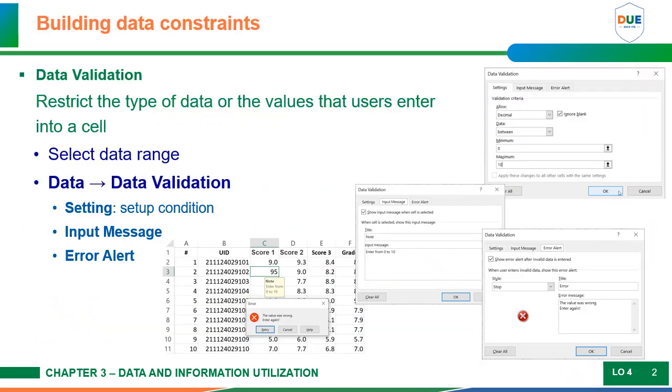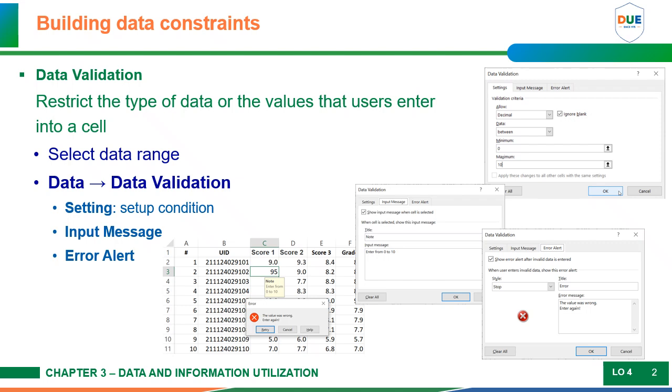In this section, we will explore a very useful feature in Excel called data validation. This tool helps control the data entered into a spreadsheet, ensuring that the data is valid and accurate, and preventing errors during data entry. For example, suppose you have a table for entering student scores. Without control, someone might enter a score of 15 or -3, even though the valid range is 0 to 10. Or, when entering student IDs, duplicates might occur, causing data inconsistencies.